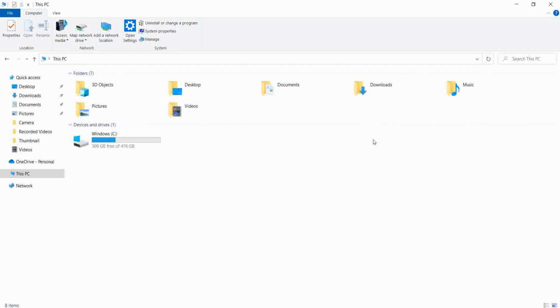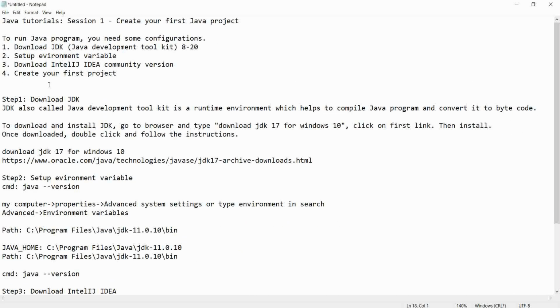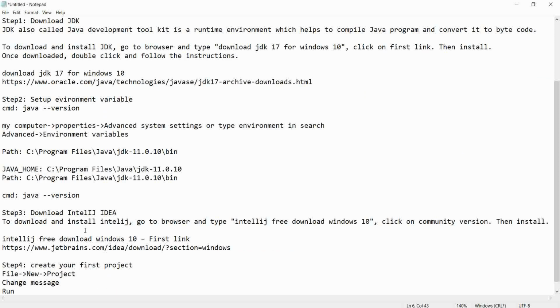Now the next step is I want to create a Java program, but for that I need to download software on which I will run Java programs. So I will download IntelliJ. In the browser you can type IntelliJ free download Windows 10, or I have given the link as well. You will go to the link.